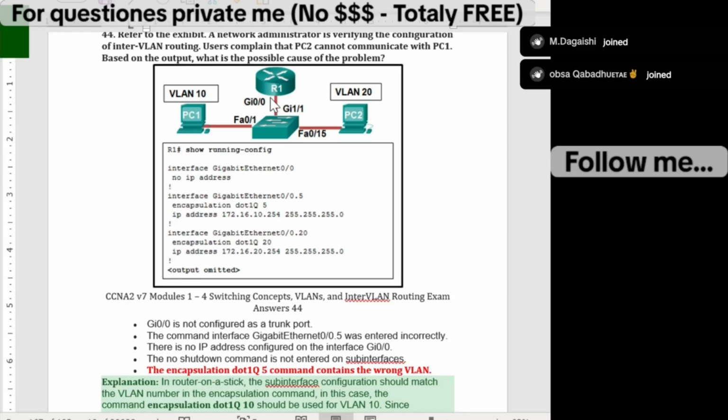So normally the engineers or the designer or the configuring technician apply no shutdown on the physical interface only, the main interface only, but not in each sub interface